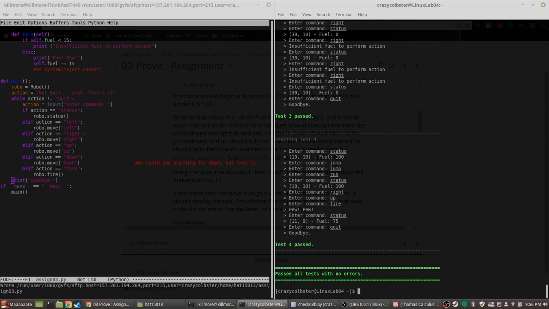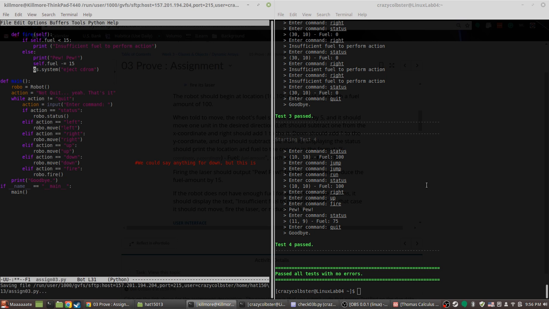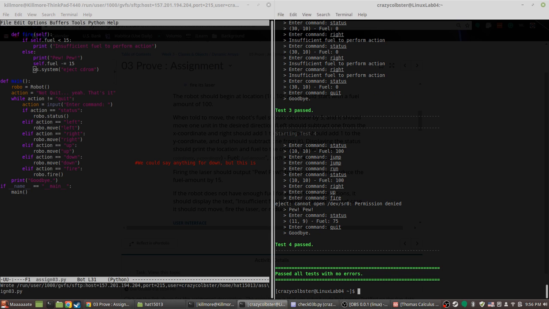I passed all my tests, there's no errors, Colby. Do you know what this means? No. It means it's time to start working on the fire command again. Colby, I got some really good news. Even though it's giving me that error, cannot open device, it's still passing testbed without any errors. Testbed's like, I don't know what that is, I'll just ignore it. I don't need it.